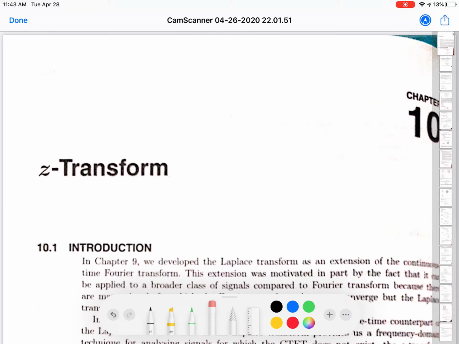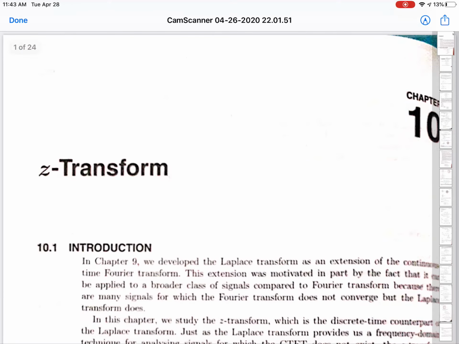Hello everyone, in today's video we are going to discuss the Z transform. The Z transform is used to analyze and represent discrete time signals and systems. In the previous videos we have discussed the Laplace transform, and the advantage of the Laplace transform is that it exists for all types of signals and systems for which the CTFT does not exist. In a similar way, the Z transform is applicable for all types of discrete time signals for which the DTFT